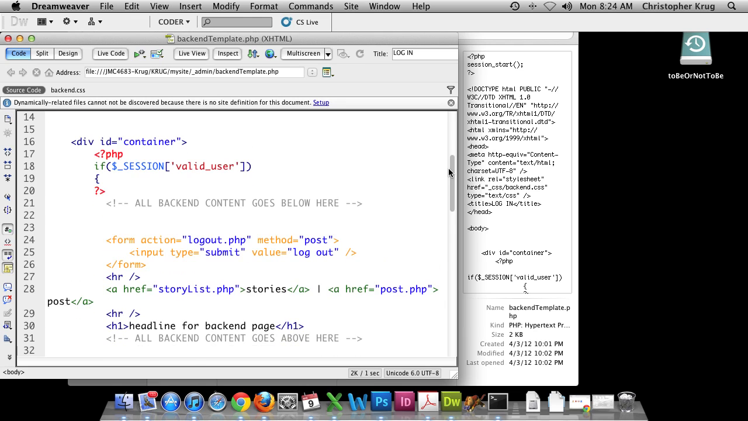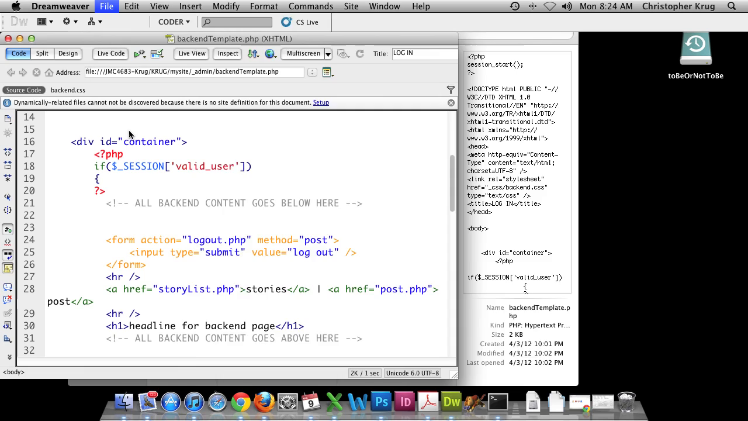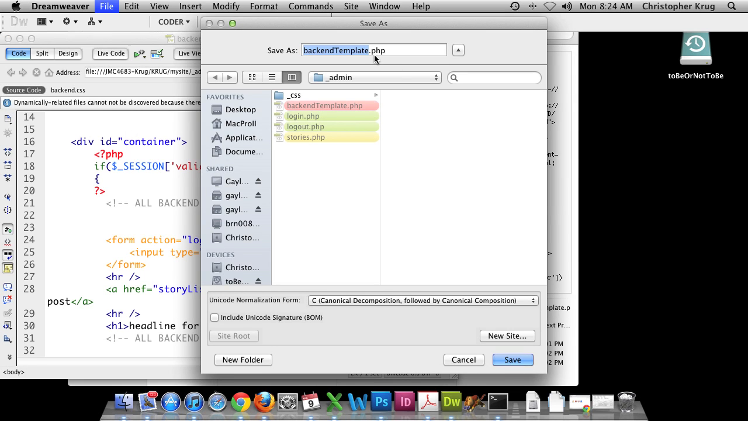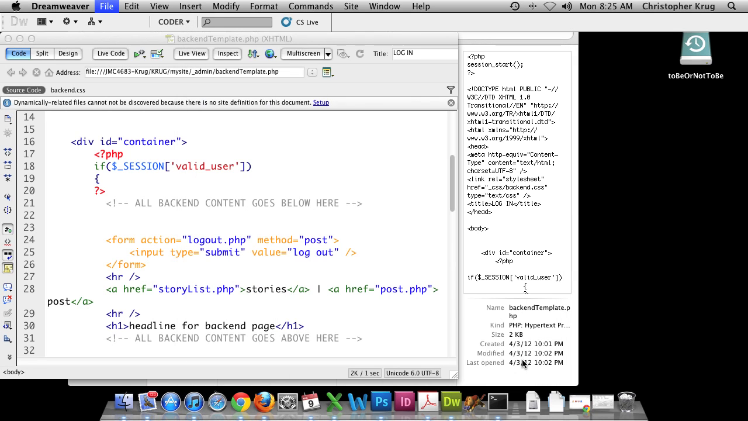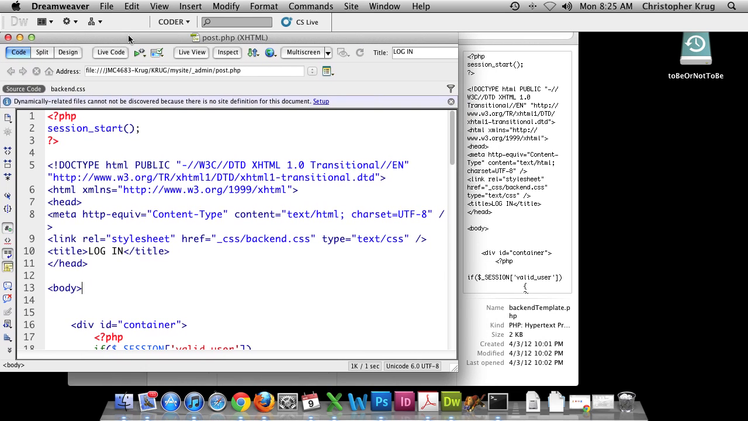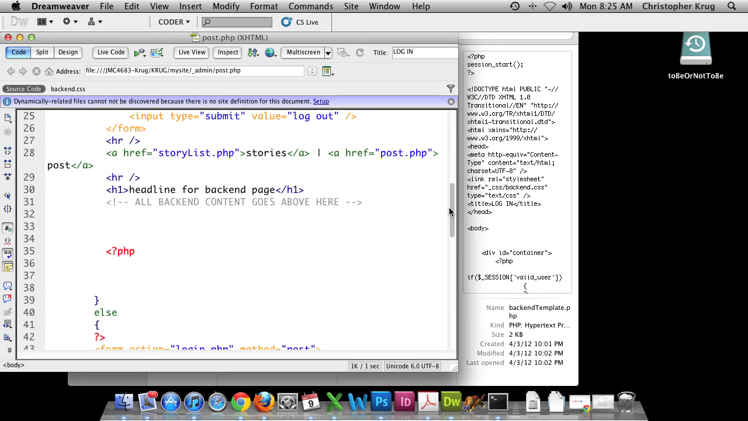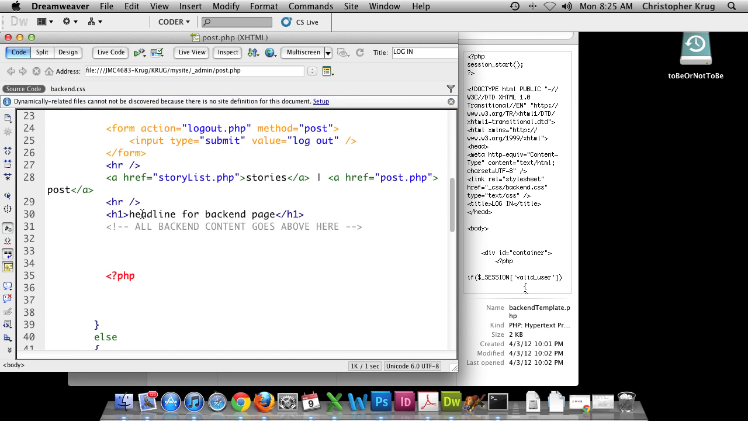So I'm going to go ahead and save this page now as post because we're going to build our post page. So I'm going to save that backend template, leave it as it is, and call this page post now. Then I'm going to close my backend template. And then I'm going to go down into the area where we're going to start working. Now we're going to start working in this area here underneath the logout in this main menu. So I'm going to go ahead and change this headline for backend page to